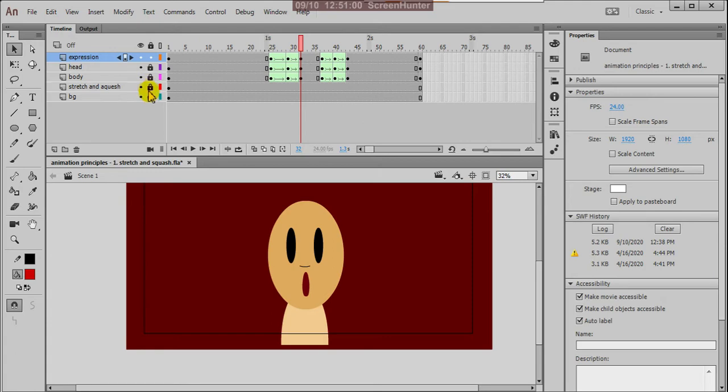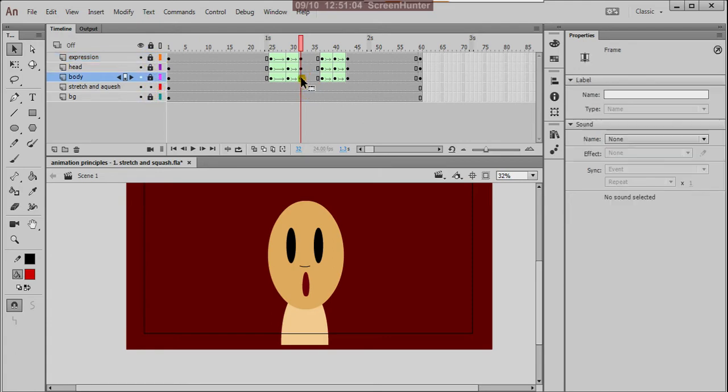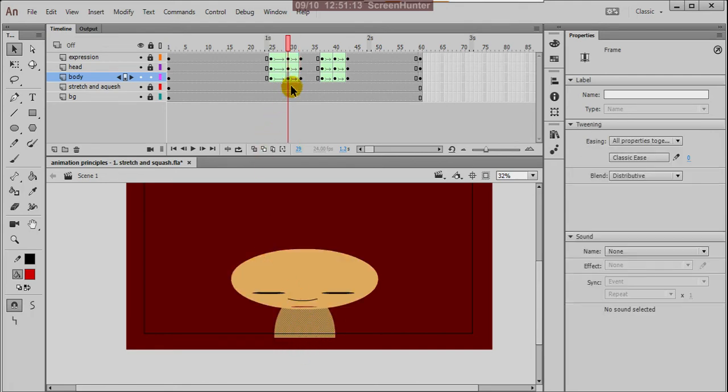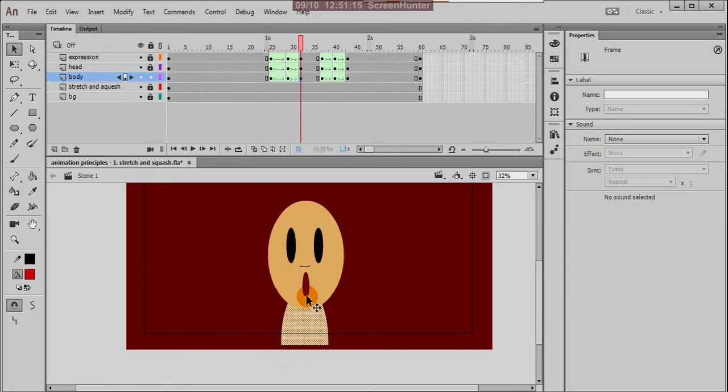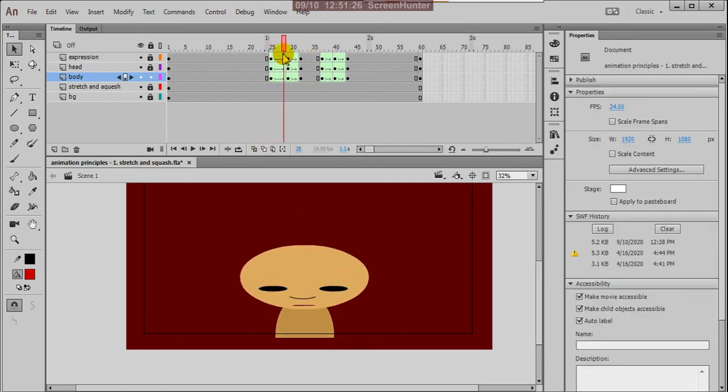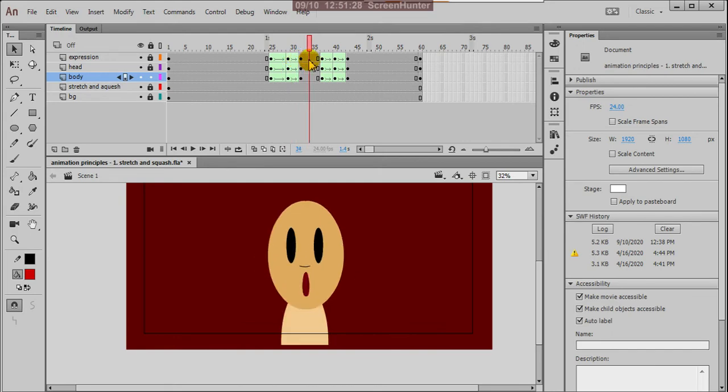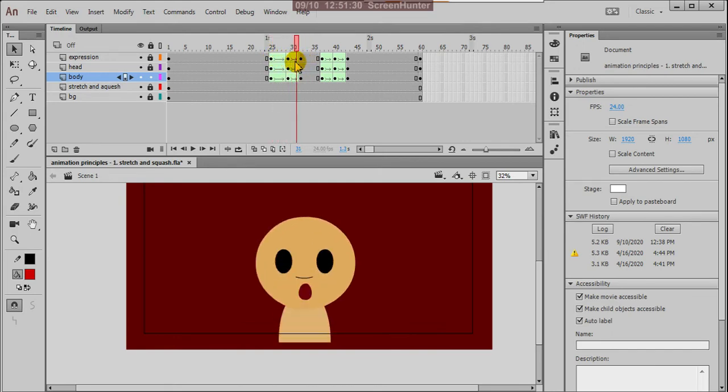Yes, the same thing we have to do with this body. So for this body, see, this is the squashy body, and here the stretched body. Between these two keyframes again I applied shape tween, so that this whole body's parts get the shape tween applied.